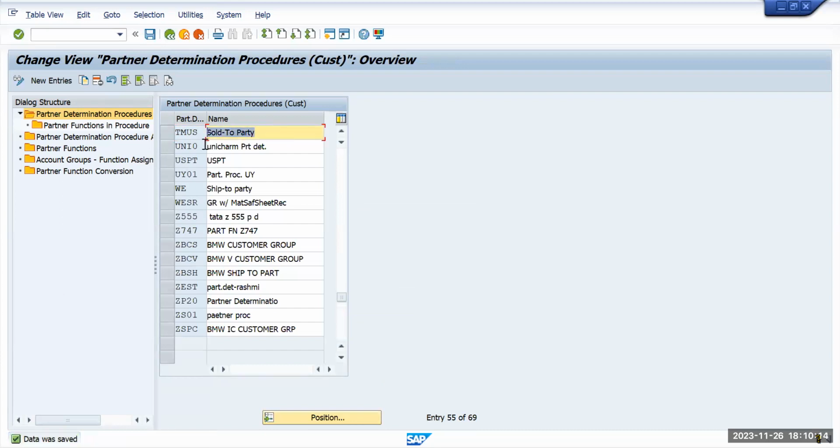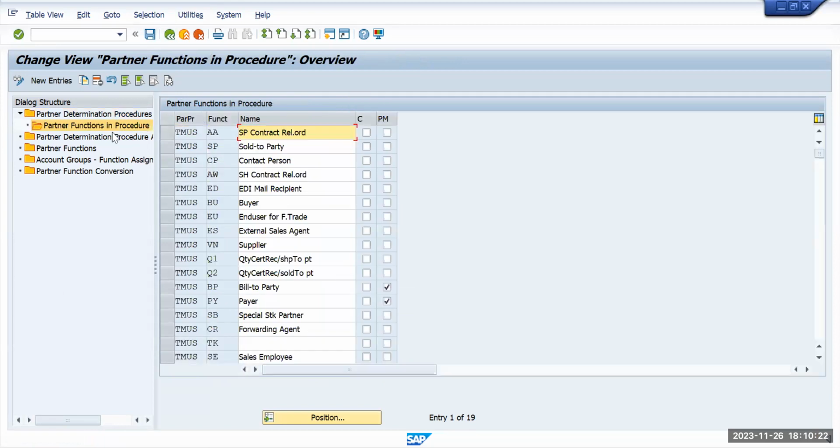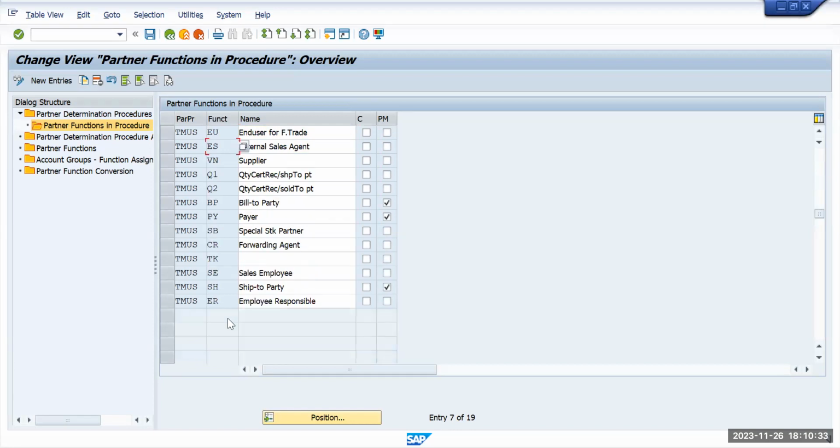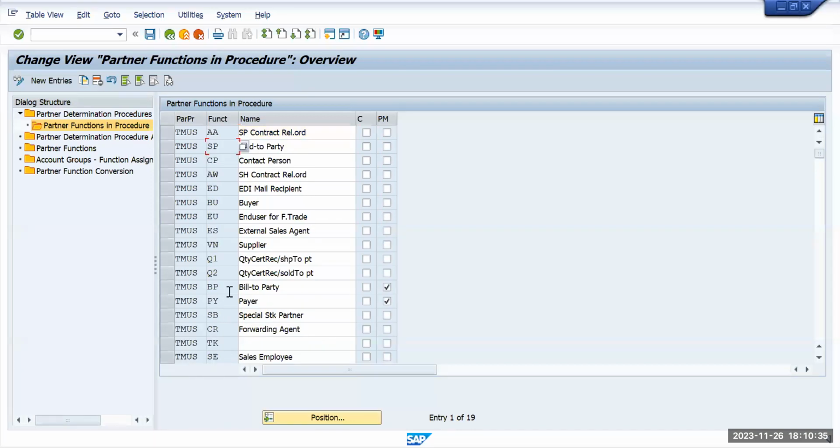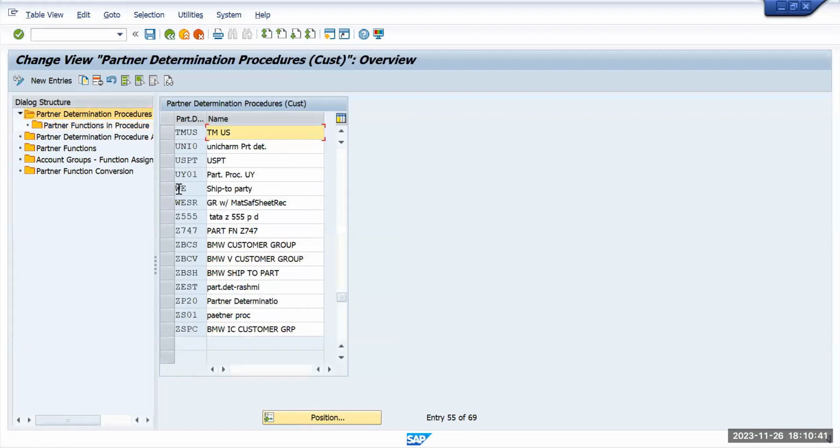So this one Tata Motors US. Double click on it. Procedure. So it has copied everything. So we have a Tata Motors ship to party. We will also have a main bill to party. Everything is there. So that is fine. Go back. We'll just cross check with the